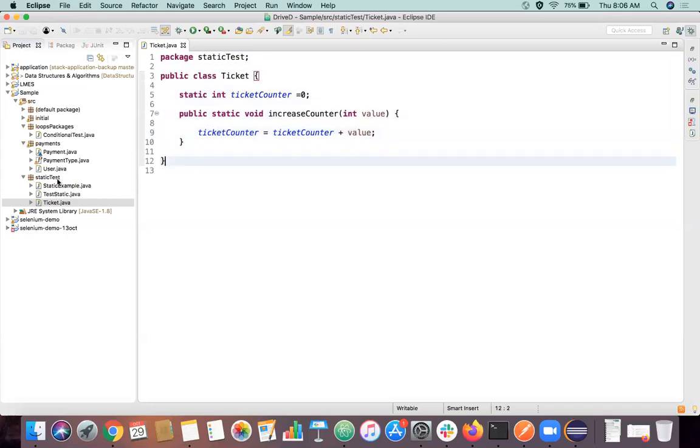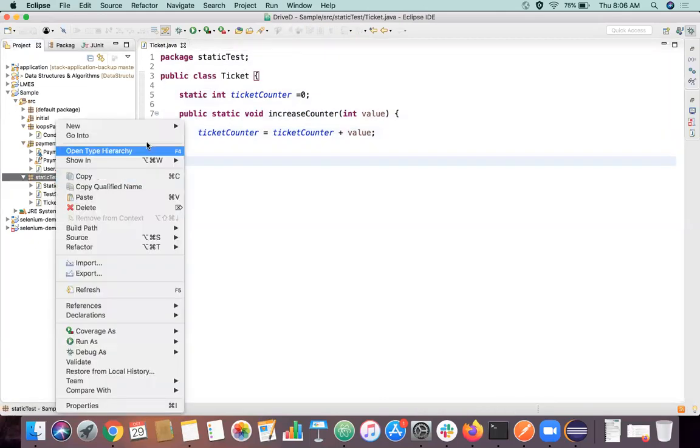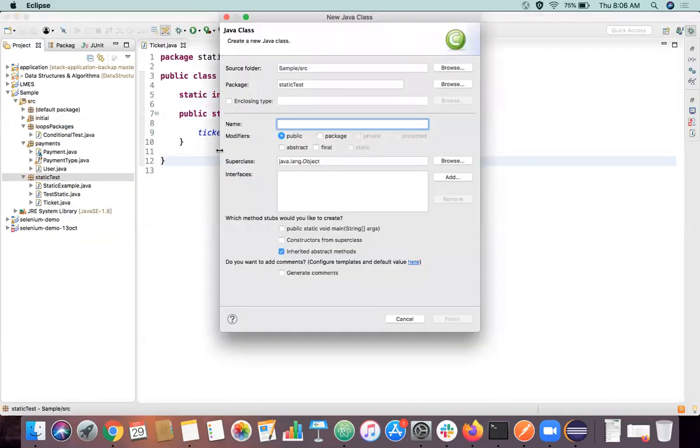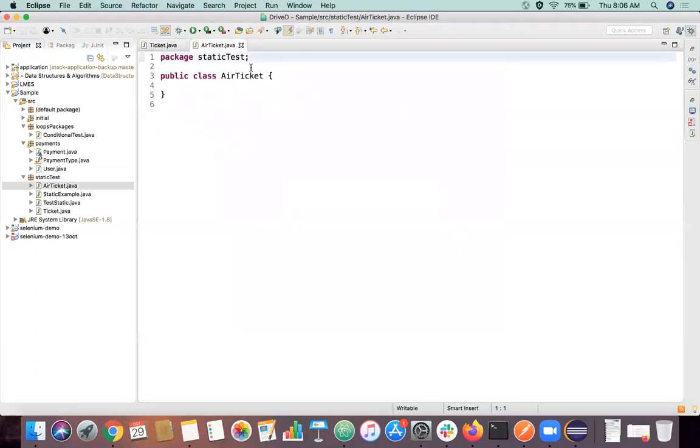So I'll create one more class to test this. Let's say I'm creating a class called AirTicket, right? Let's say this class is used to create some airline tickets and book a certain number of seats, right?